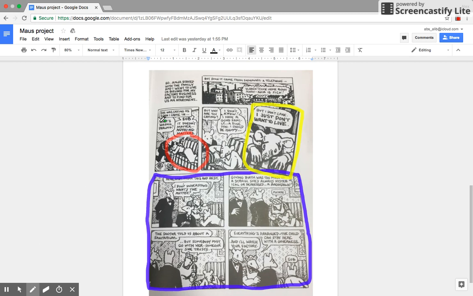The top speech bubble is shaped differently from the rest. It has jagged edges. The jagged speech bubble draws attention to the importance of the news that Vladek is receiving about Anja's mental breakdown. Anja's struggle with depression is a continuity throughout the book that she can never seem to escape. This affects the plot in several ways.